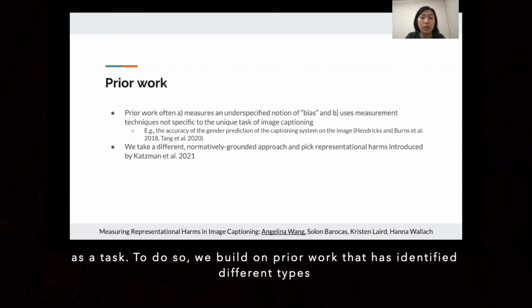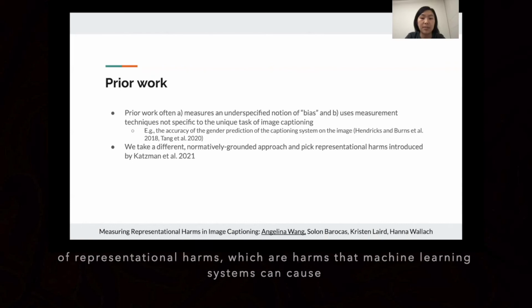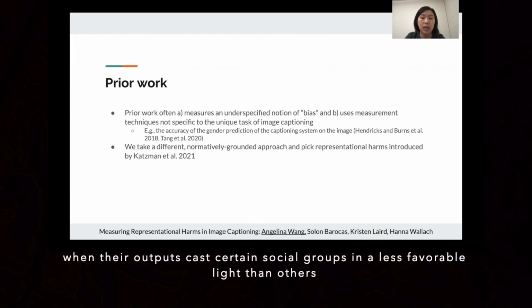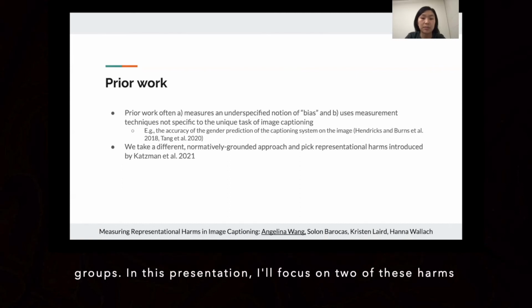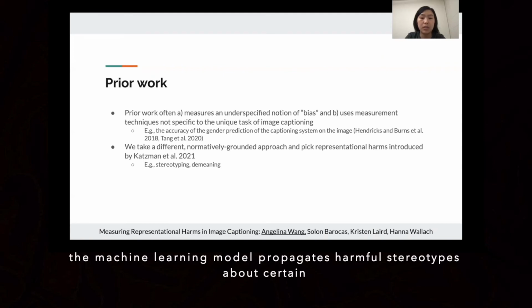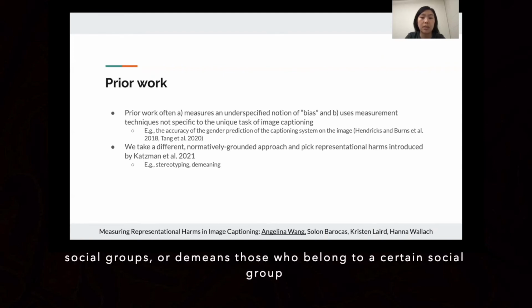To do so, we build on prior work that has identified different types of representational harms, which are harms that machine learning systems can cause when their outputs cast certain social groups in a less favorable light than others, affecting the understandings, beliefs, and attitudes that people hold about members of these groups. In this presentation, I'll focus on two of these harms. When a machine learning model propagates harmful stereotypes about certain social groups